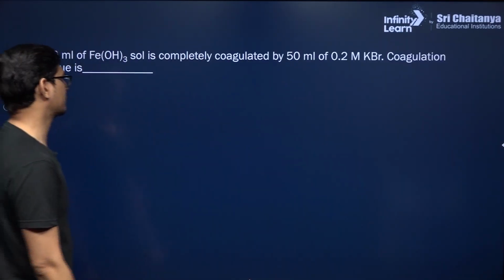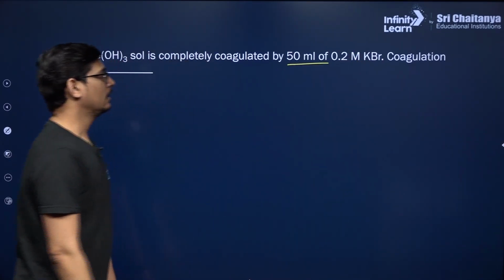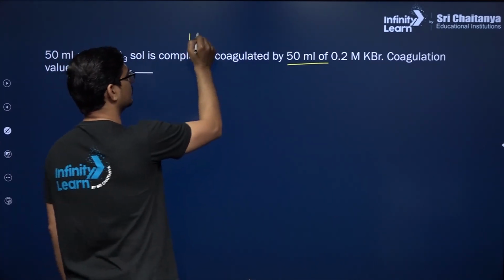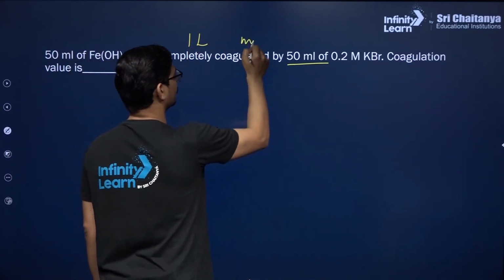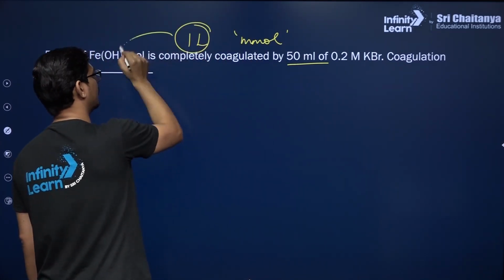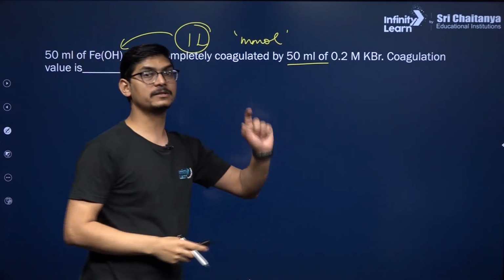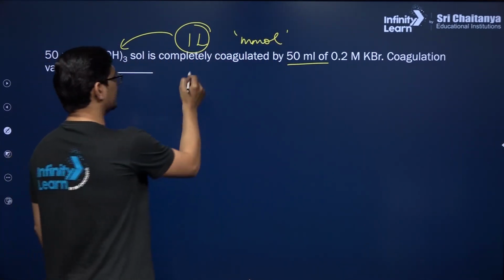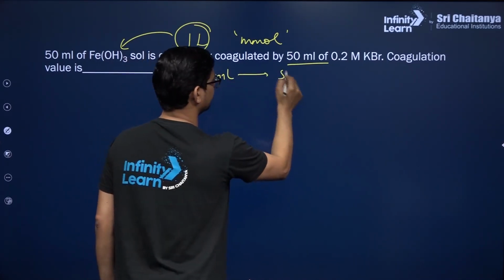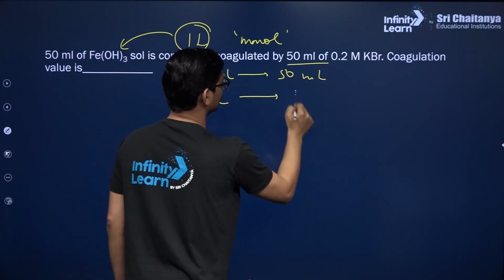50 ml of ferric hydroxide sol is completely coagulated by 50 ml of this. Now the coagulation value, guys, is the millimoles of an electrolyte required to coagulate 1 liter of sol. So if 50 ml of my colloidal solution requires 50 ml of KBr, of course 1 liter colloidal solution will require 1 liter of